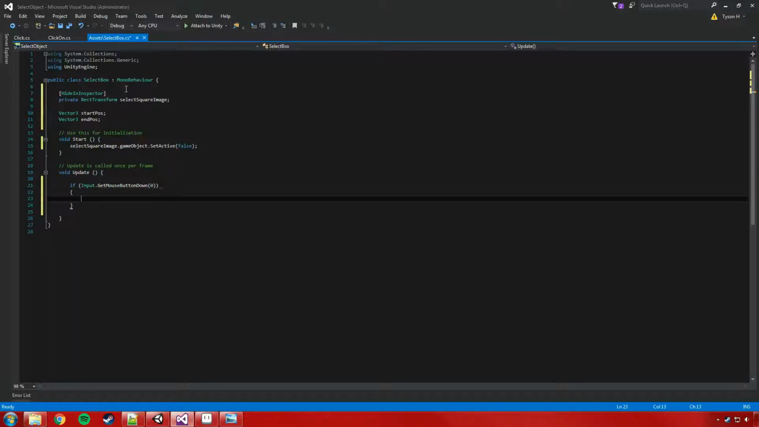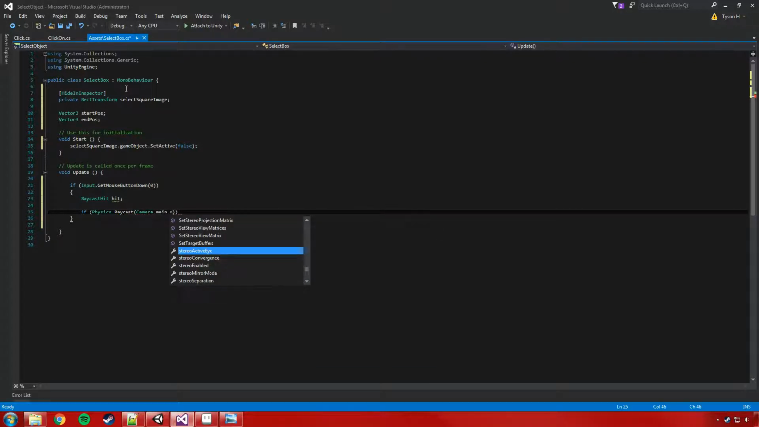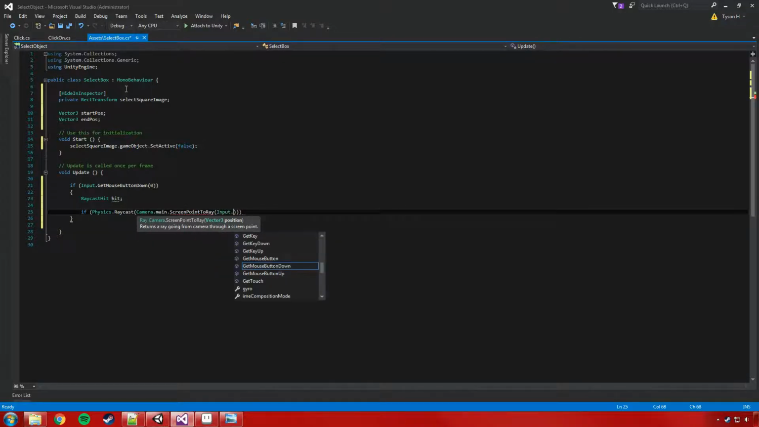So if the player presses the left mouse button, we're going to fire a raycast. We'll make it a raycast hit, we'll just call it hit, that's good enough. And if, and you should be familiar with this, if Physics.Raycast, and like last time, we're going to do a similar sort of method, Camera.main.ScreenPointToRay from Input.mousePosition. So it's going to fire from the mouse position. We'll store the result in hit,